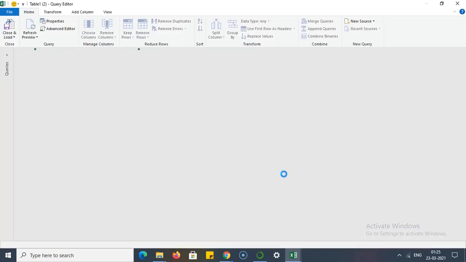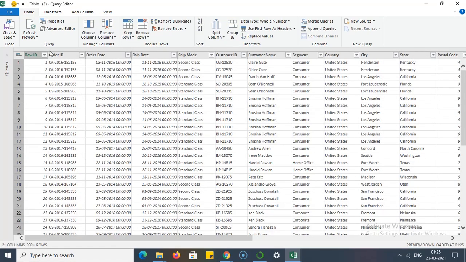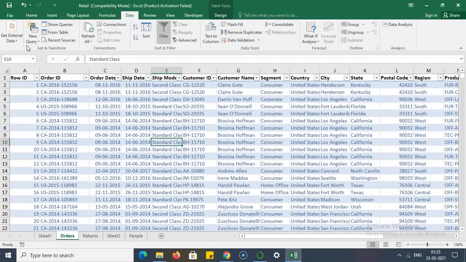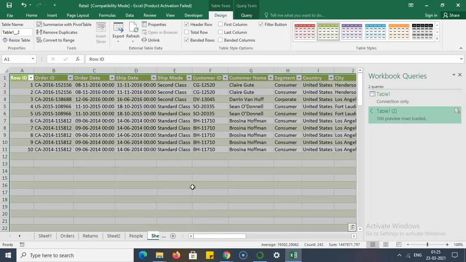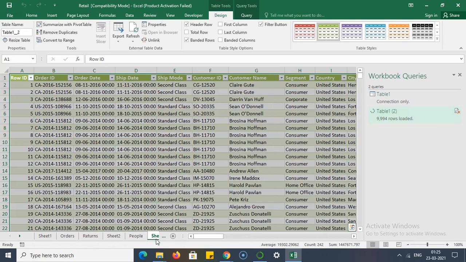Now the query editor has arrived. This pop-up comes, and you just click Close and Load. A new sheet is being prepared for us, and here the new sheet is prepared now.